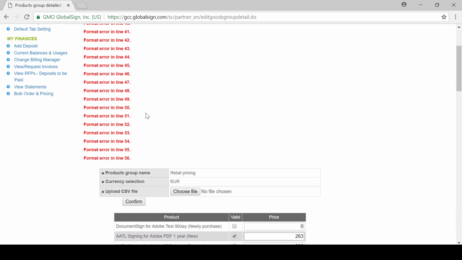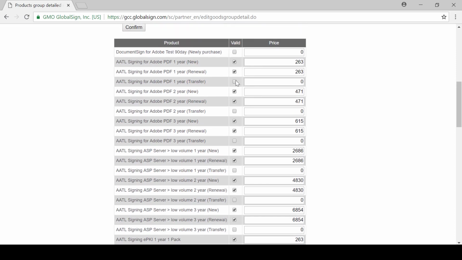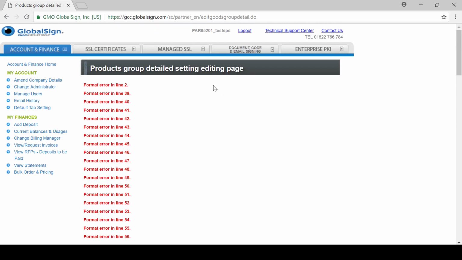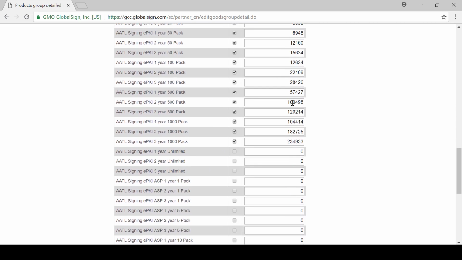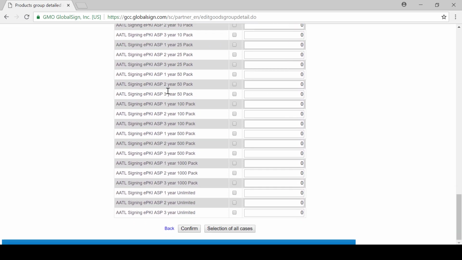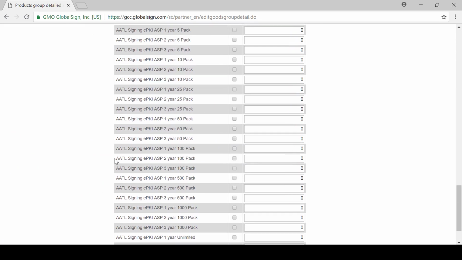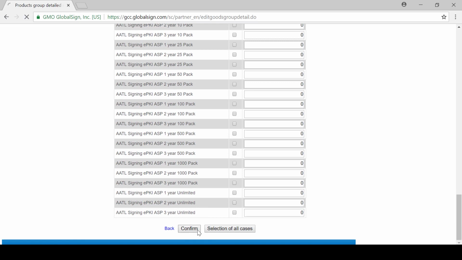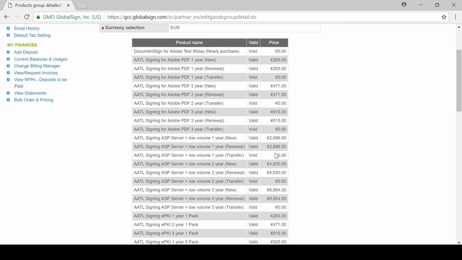Now you'll see that there are some format errors. Now this is due to transference no longer being an option available to you or to customers within AATL. However, all the prices against the products that you have selected have been transferred successfully across to this account. Now that this is complete, we'll hit the bottom, Confirm, and we'll see a preview of our pricing table. Here you'll see the prices that you've assigned your customer,